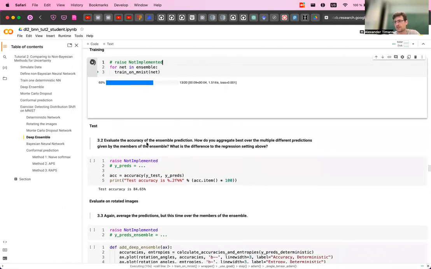And then here you have a similar question. How do we aggregate over the ensemble members? Again, do we aggregate over the logits and then run the softmax, or do we directly aggregate over the